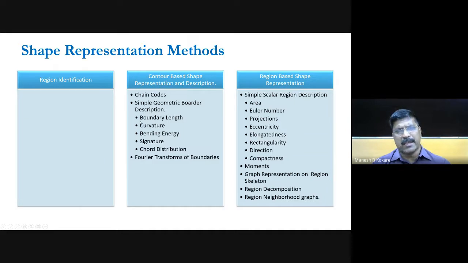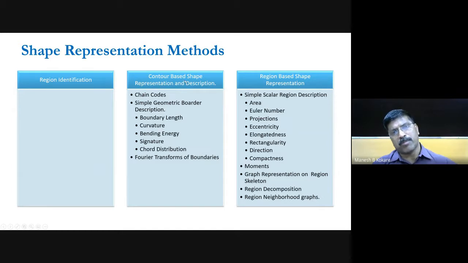For example, when you extract the border, what is the boundary length of this object, and what is the boundary length of that object? Definitely these two objects will have different boundary lengths. Or what is the curvature of this shape, what is the bending energy, what is the signature, what is the chord distribution. These are the methods which are extracted from the border of the shape.